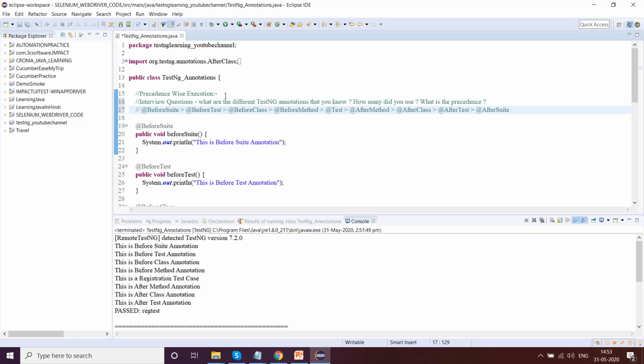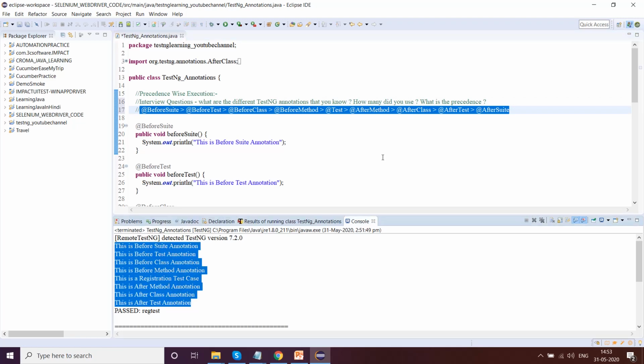This is the precedence of execution. Before suite, before test, before class, before method, @Test, after method, after class, after test, and after suite. This is the correct answer. You can also see the same here.